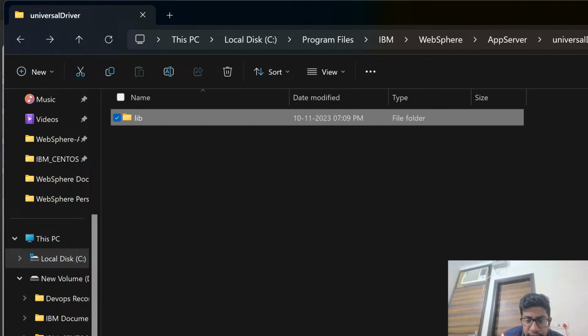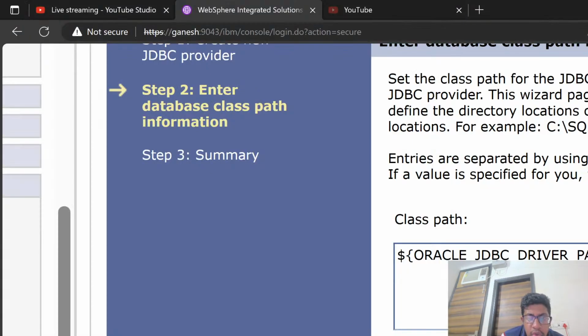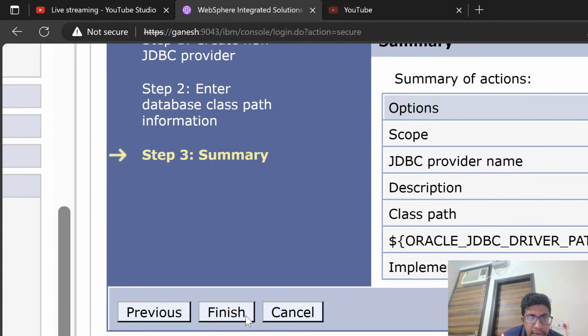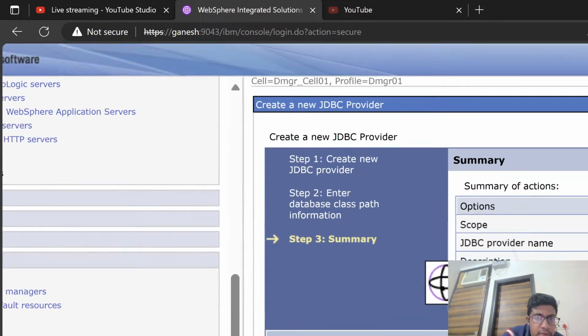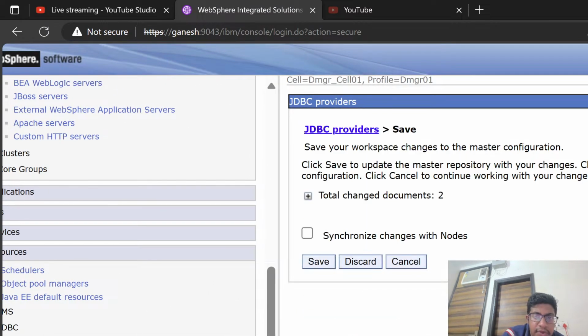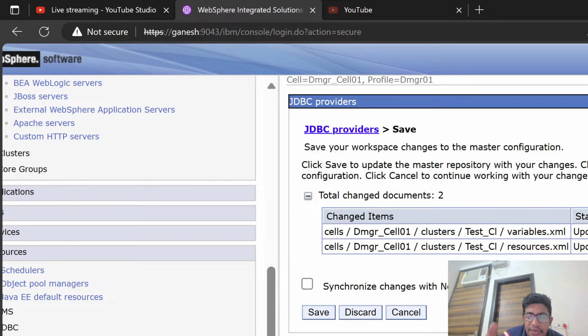Okay, so next, finish. Review. This is variables.xml, which consists of updating the variables, meaning mapping the jar files under OJDBC